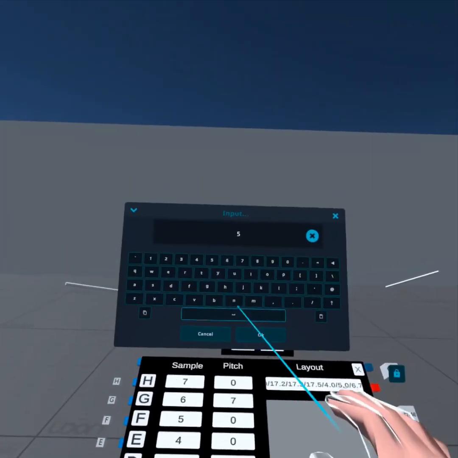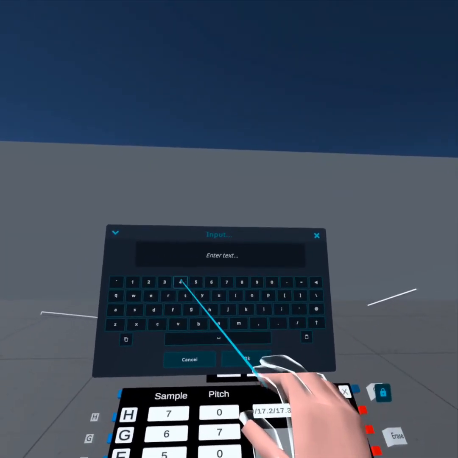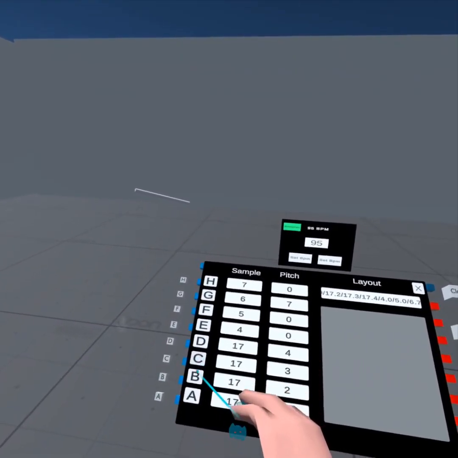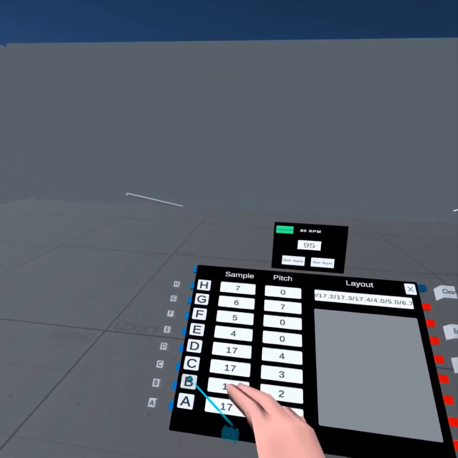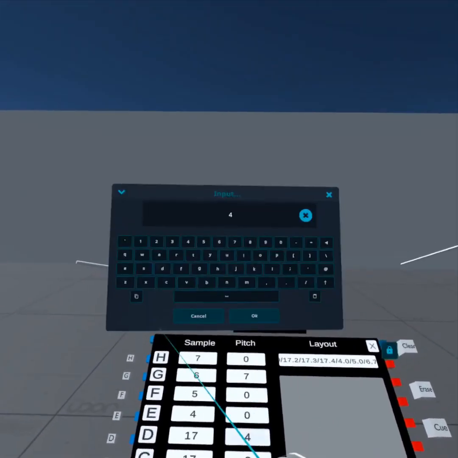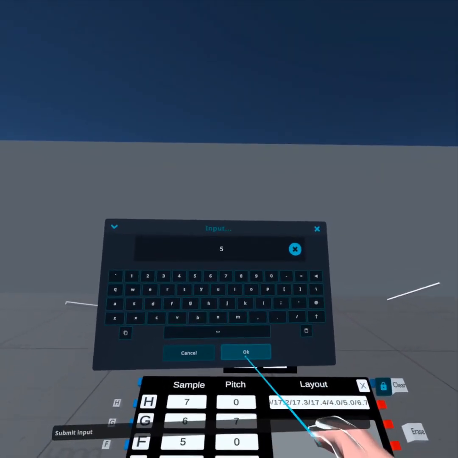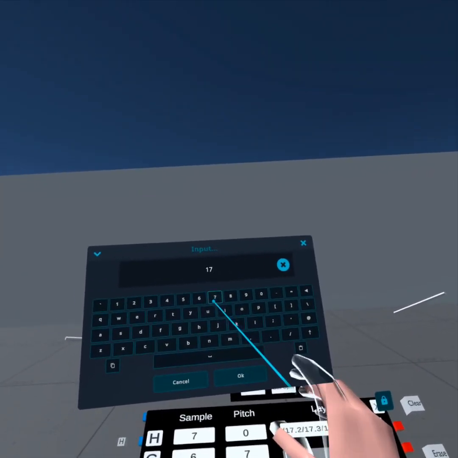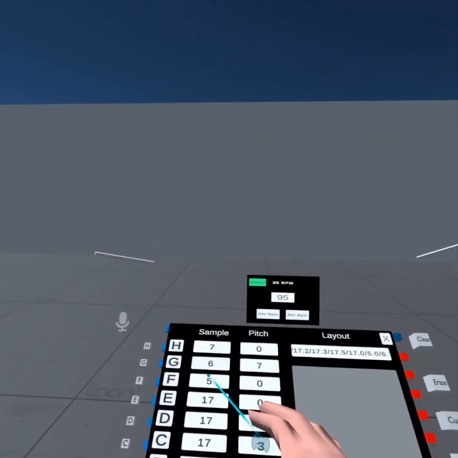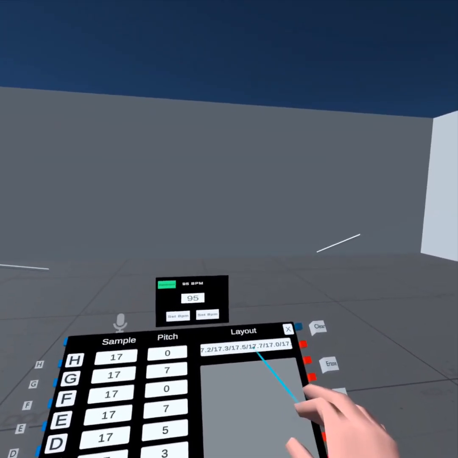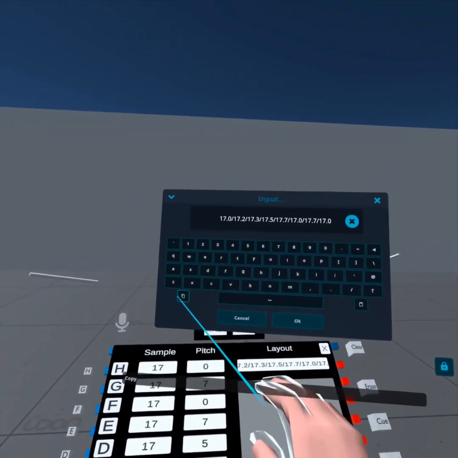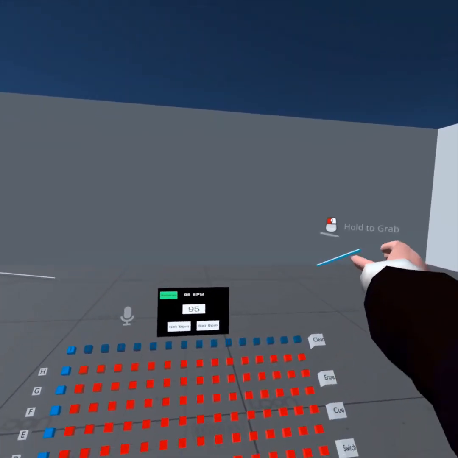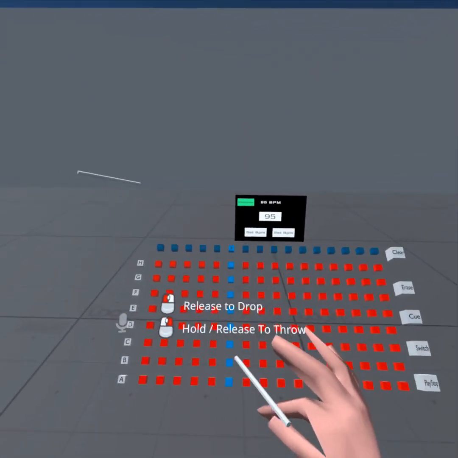So I'll show you that in just a minute here. 4. Let's see what that sounds like. I think it's 5. Okay, make this 17. It's almost like you're tuning a guitar, you know? It's the same type of idea. Actually, I'll copy this to show you how you can save it for later. But for the sake of showing it in action,